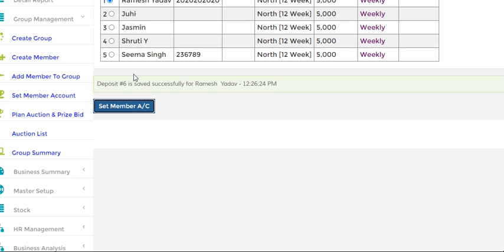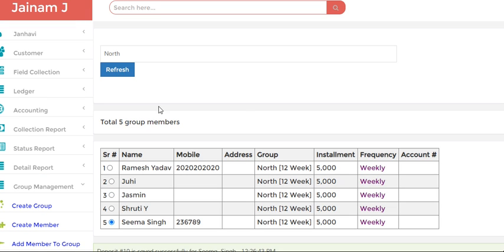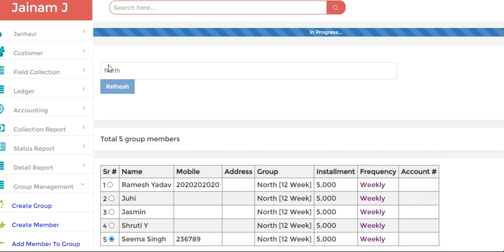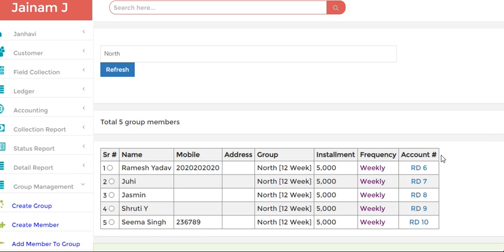Next Juhi, set member account. After that Jasmine, click on set member account. One by one I will set member accounts from here. If you go up and refresh, you can see we have set all these accounts. Now I will click on this RD6.